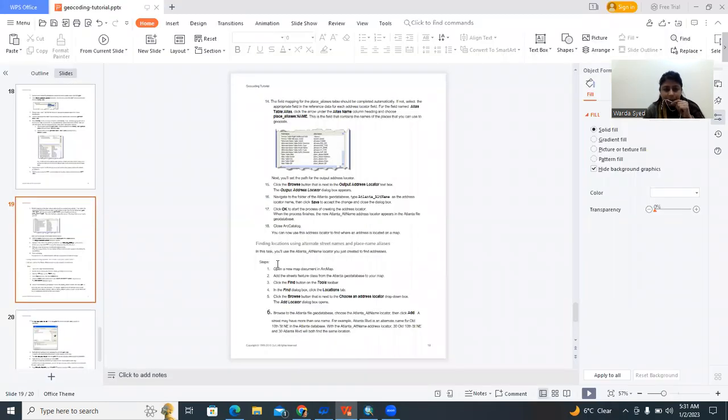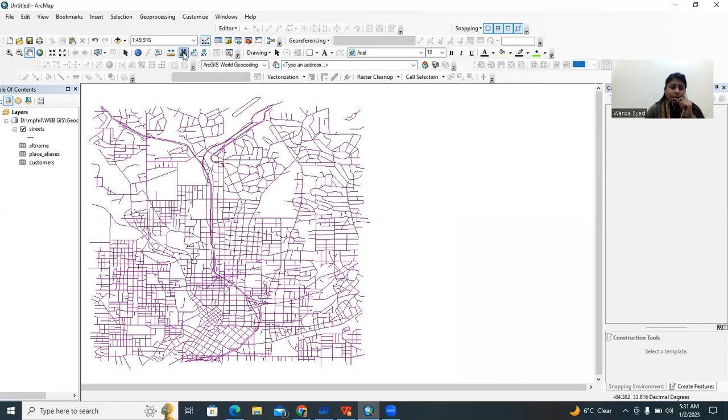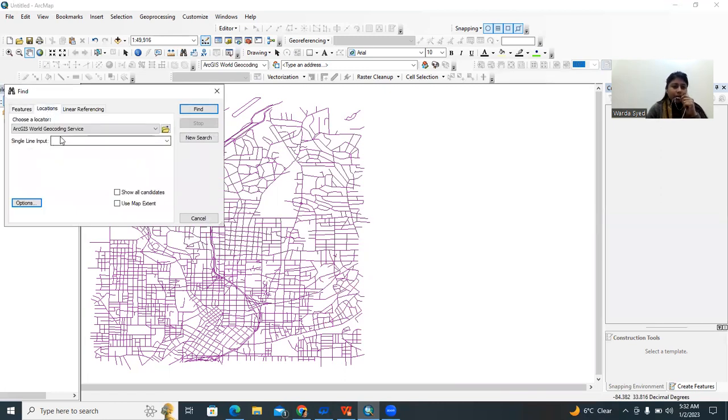Next step is finding the location using alternate street names and place name aliases. Close this catalog now. Open this Find tool. Click on the location and browse first. Okay, it has automatically detected the Atlanta alt address locator. Now click on this full address